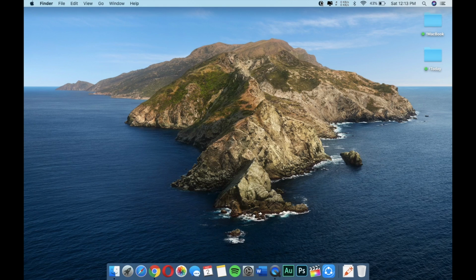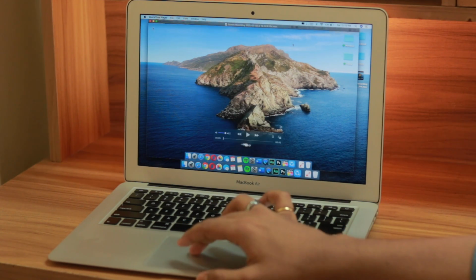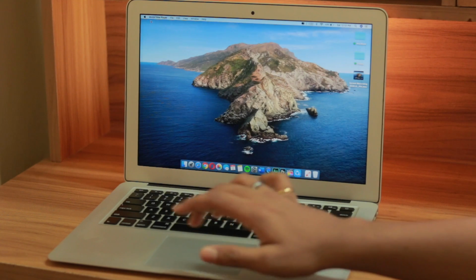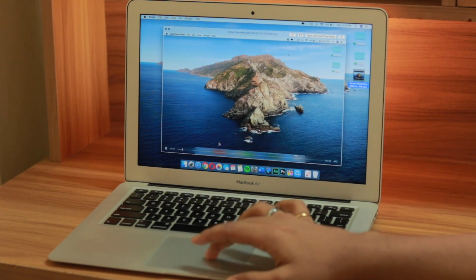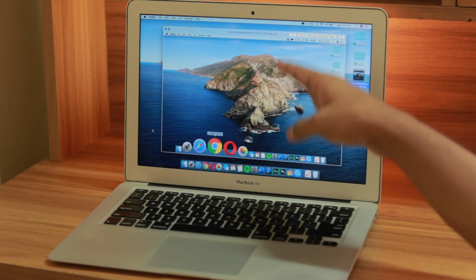Okay, click on this. Okay, so this is the screen recording. After that you simply quit from this little X, and here's the screen recording saved already on our screen. As you can see, that is how you can screen record on your Mac. If you have a low-end Mac like mine, like the MacBook Air, then you should definitely use the built-in screen recorder because